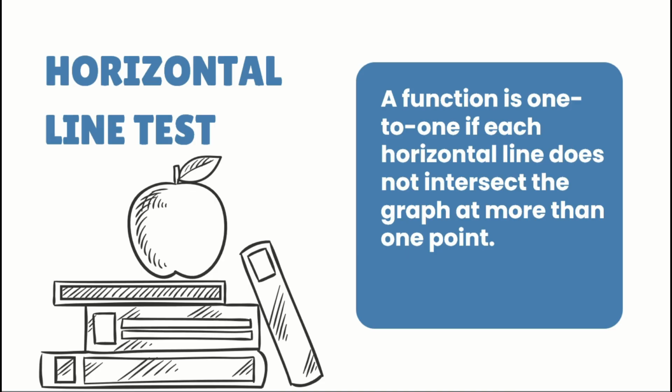So, instead naman na vertical, horizontal line naman yung idodraw mo. And same rule pa rin na it can only intersect the graph at most once. Kapag more than one point na, hindi siya one-to-one. So, yung dalawang test na ito, the vertical line test and the horizontal line test, must be satisfied for a graph to be